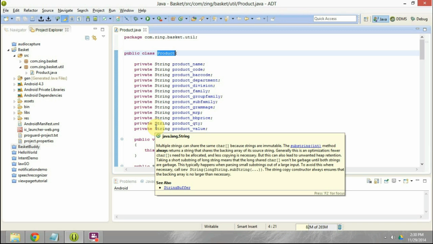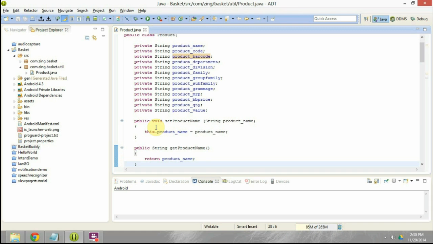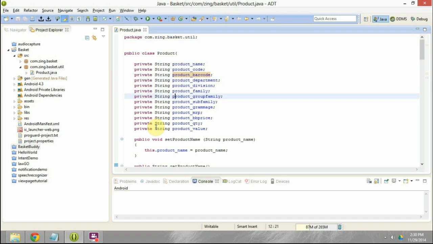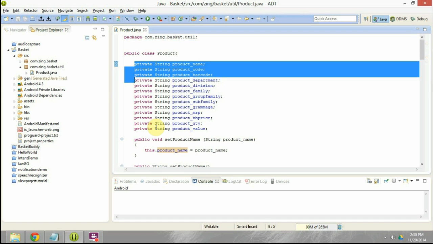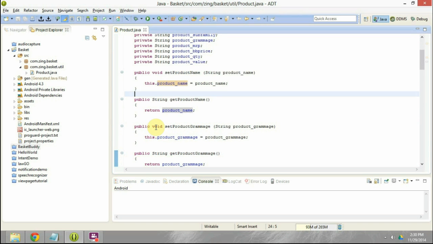Now if I just want to know the barcode of the product which is at index 4, how do I do that? To do that, we need to define the methods which will help us either save the barcode against that particular product, or later on read that barcode for that product. This is how we are going to do it. First thing is that we define the different parameters which are there for the product. The next thing is that we need two methods. One is to set the product name, and the next one is to get the product name which is already saved.